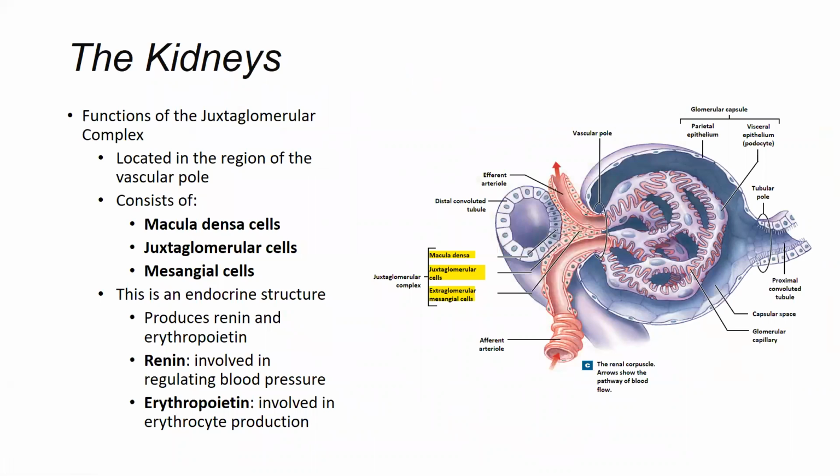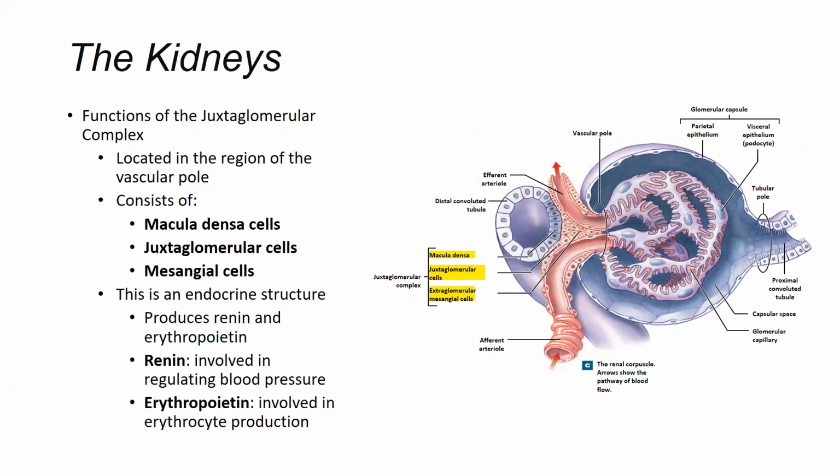Okay, let's look at the juxtaglomerular complex. This is a series of 3 different structures that are responsible for basically fine-tuning or regulating the glomerular filtrate. So the macula densa, the juxtaglomerular cells, and the mesangial cells, also called the extraglomerular mesangial cells, these